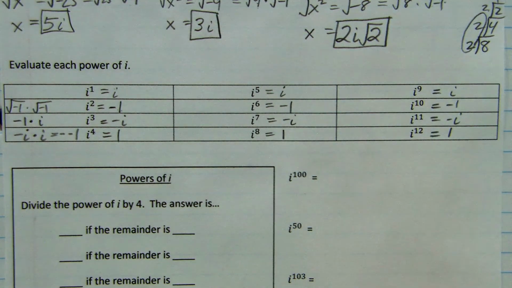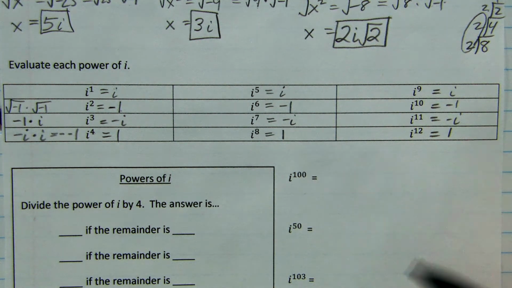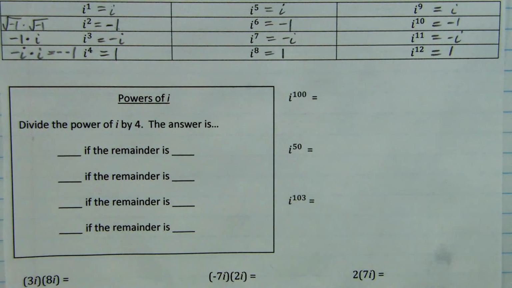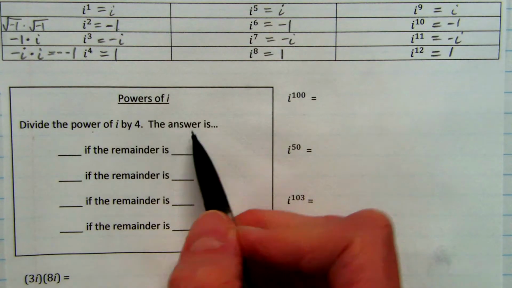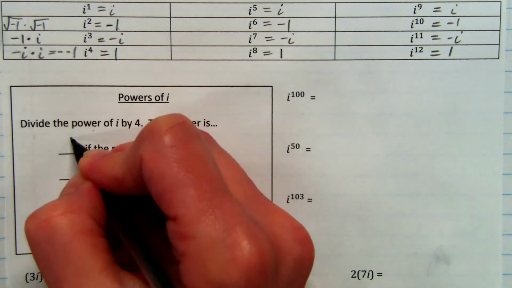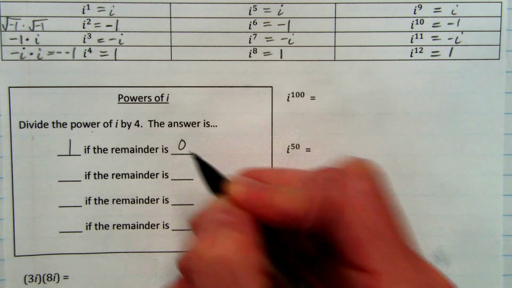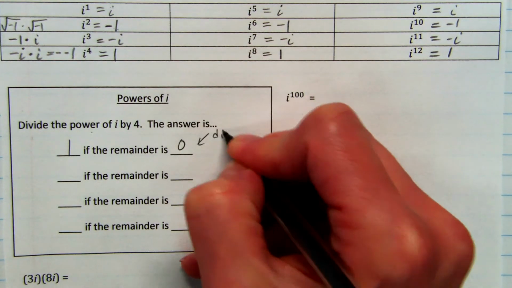So there is a way to quickly figure out, if I gave you the 573rd power of i, and you're like, well, I don't want to make my table go that far. There is a way to figure it out, and we do it by dividing by 4 using a little long division. So divide the power of i by 4. If the remainder is 0, so if it divides evenly,